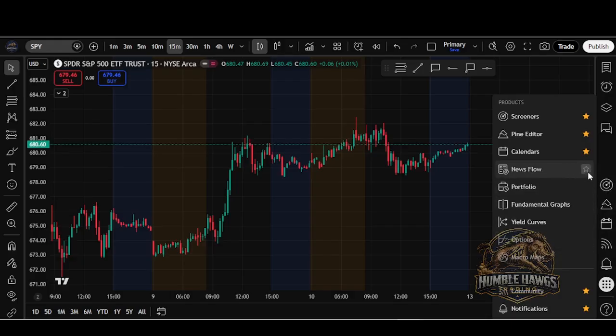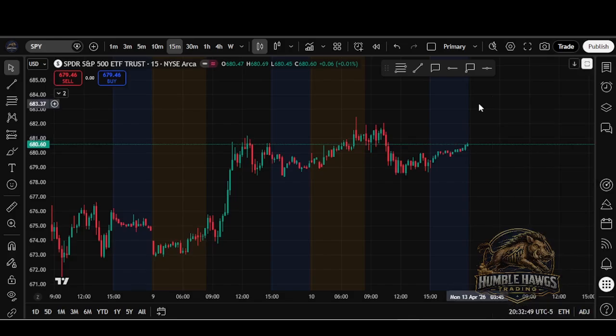You can hit your favorite and you can have any of these pop up on there. So I have my selects that I stay on, and this is what I prefer to use, but you can go ahead and make adjustments to whatever preference you want to use on your products as well as your socials. Now right here at the top, we have it to where you can publish and share your idea with